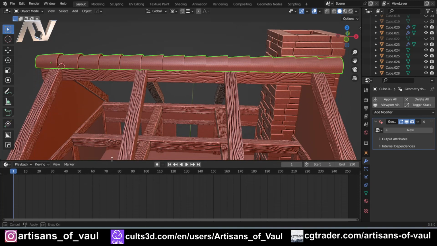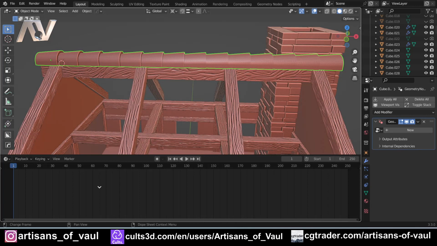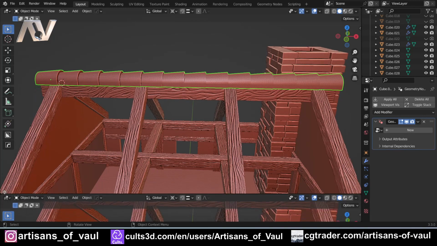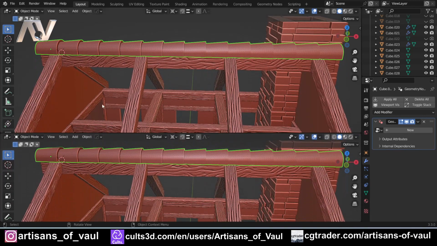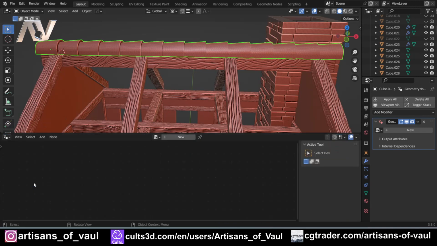So I'm going to drag up my timeline. If you don't have your timeline there, I'm just going to join those together so that it's not there. All you need to do is bring your mouse down to one of the corners. So I'm doing this in the bottom left. You can see this almost like targeting reticule. Drag up, and then you just get another screen. Come to this option in the top left hand corner of the bottom one and go to geometry node editor,